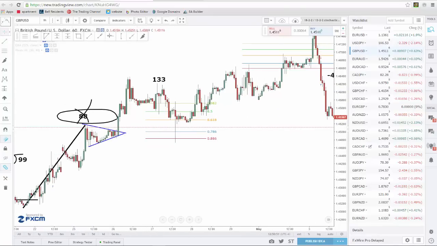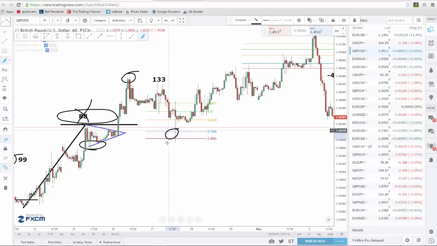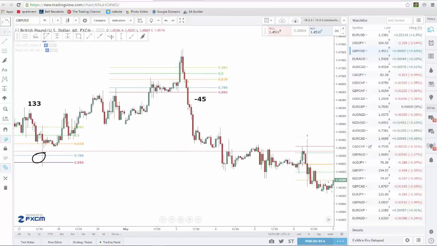And next up, as you can see, we've now broken through resistance here. So what do we do? We pull from our swing low up to our swing high. We hit this 786 retracement right here and move on up to targets for a 133 pip gain. And then of course we try it here